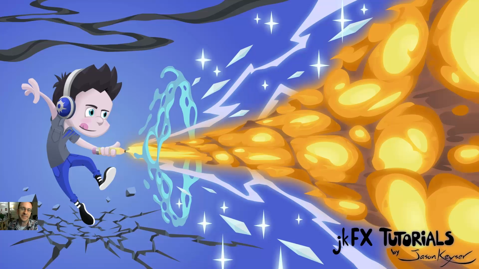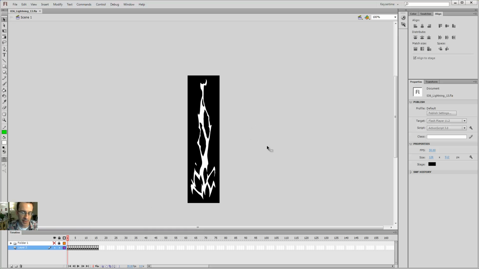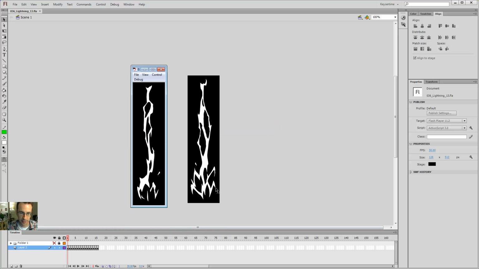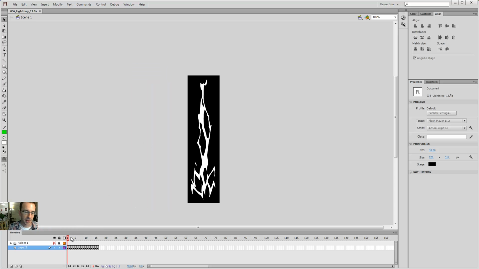Oh hey guys, let's make our electricity glow. So we've been animating this lightning bolt that loops, much unlike a lightning bolt. And we want to make it look glowy because it's made of energy, it should have some glow to it. And there's a few things I want to talk about relating to making a glow effect that's going to go